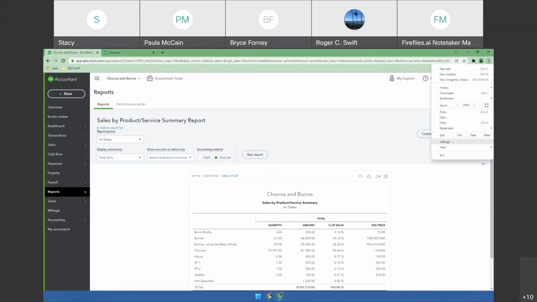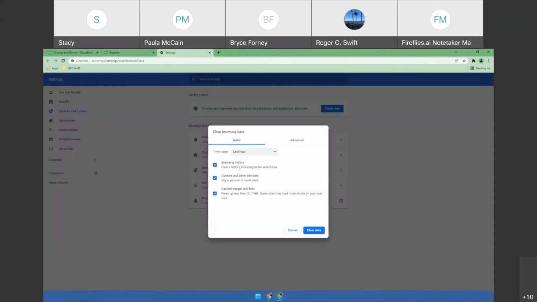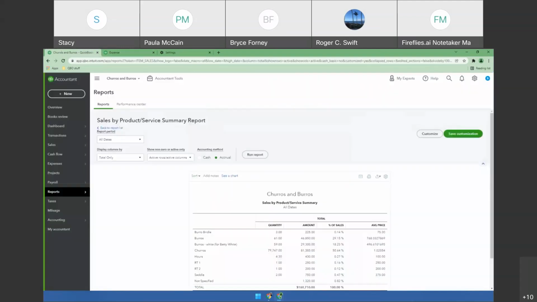and then within more tools, there's clear browsing data, and then here you can choose the period over which and how much you're clearing, and then you can clear that. And so if a report isn't coming up right, I can't even really think of an example anymore about this commonly. I've had to do it a few times in the last couple